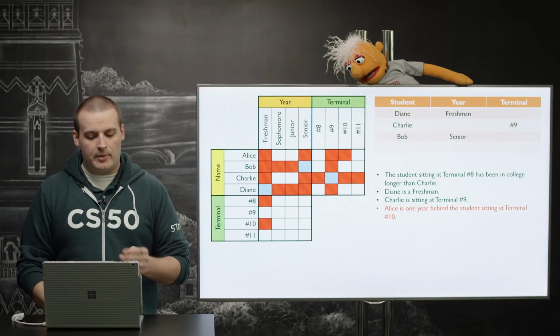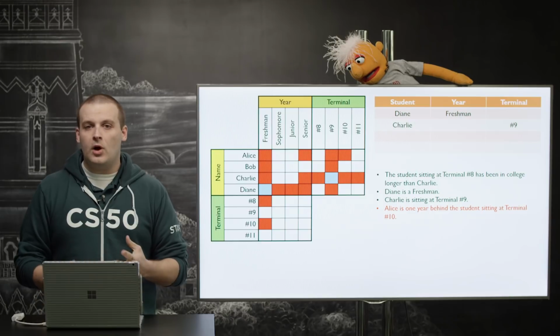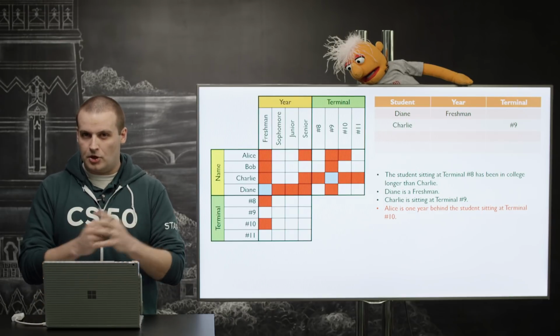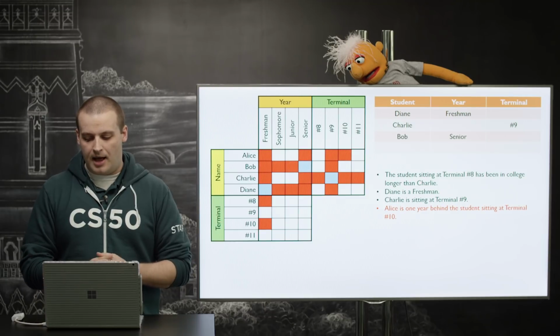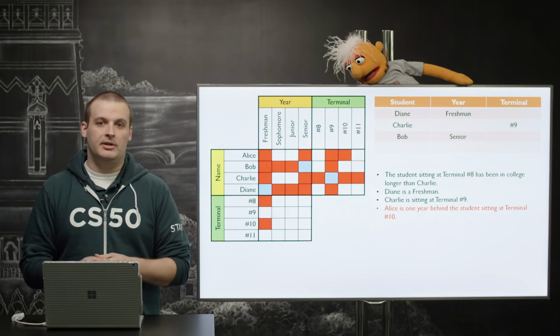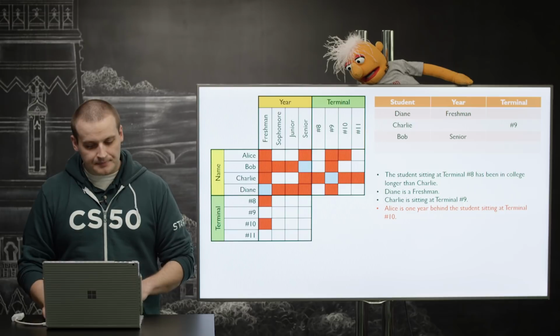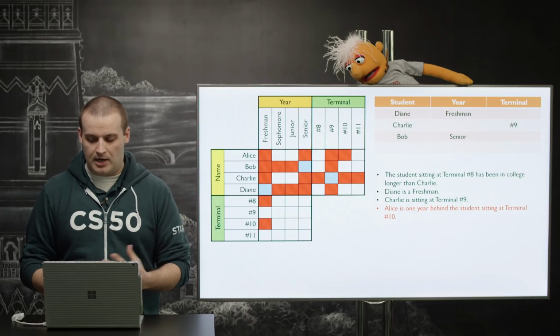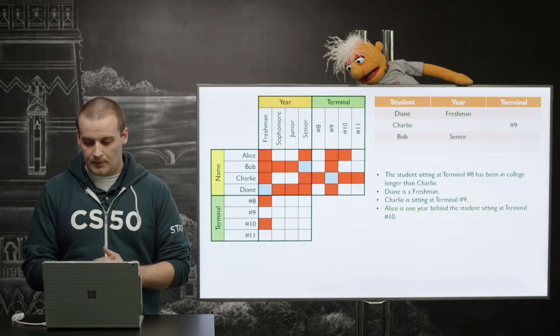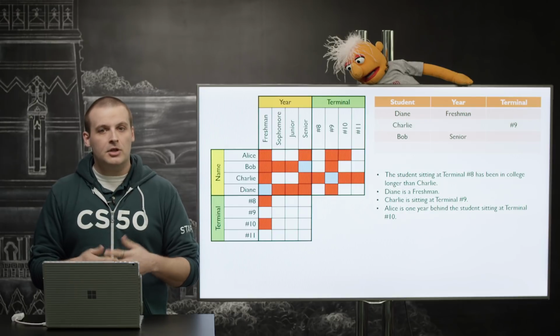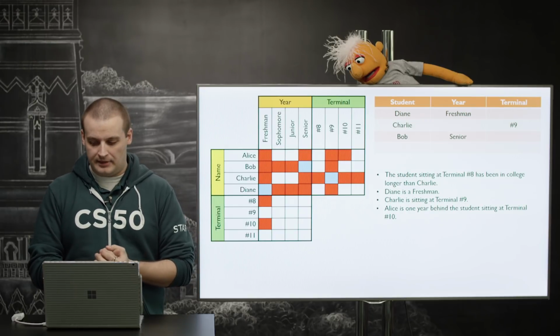You'll notice that if I go back to the previous slide for a second, there's only one possibility left now for a senior if we look at that top left larger square. And that must mean that Bob has to be a senior. We've excluded every other possibility for who could be a senior, and Bob cannot be any other year. So now we have a couple of conclusions that we can draw from what we have left.